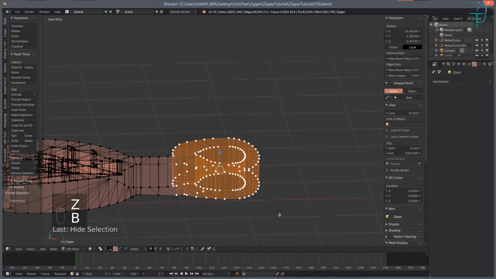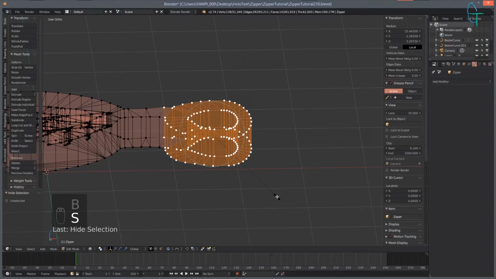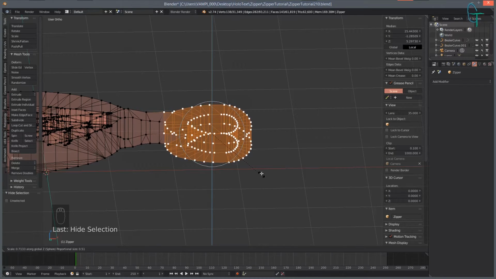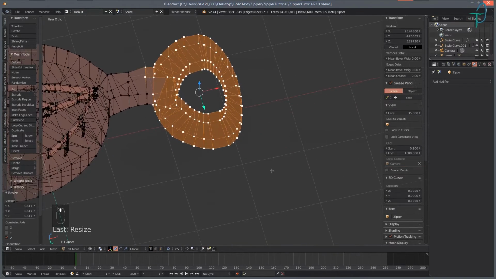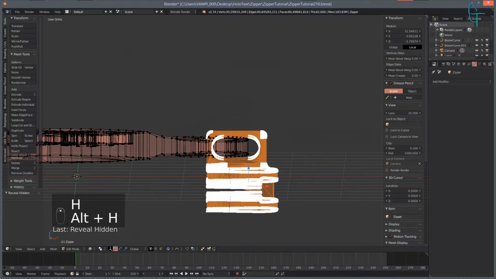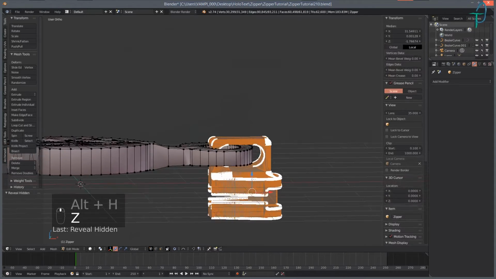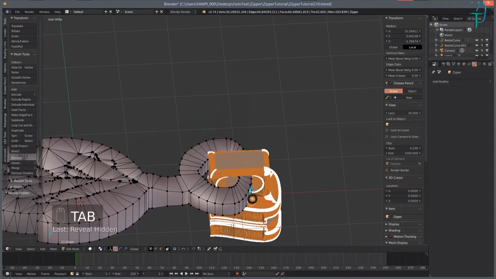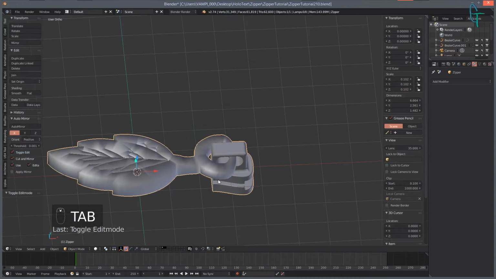Let's just go ahead and select all that, and let's press S and then Z. Then let's just scale that whole thing down. Just like that, and let's press A to deselect, and then Alt H to unhide, Z to go back into solid. There we go. That looks way better now. So let's tab back into